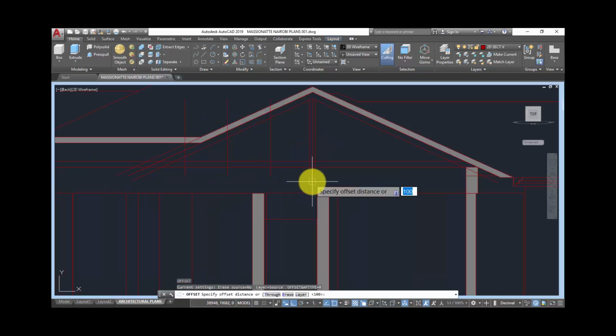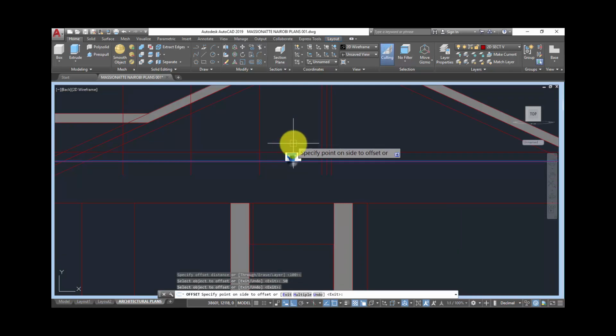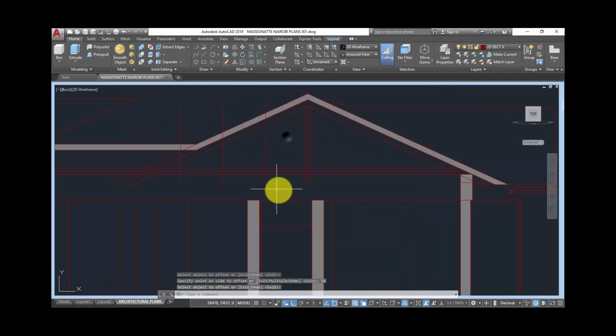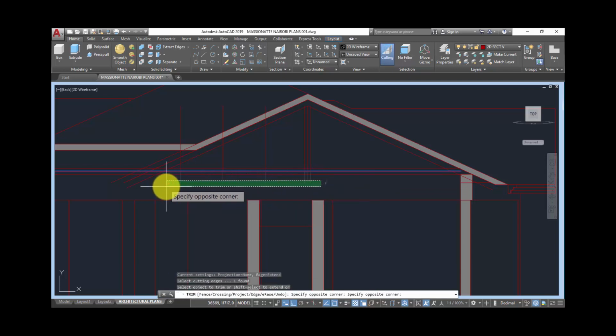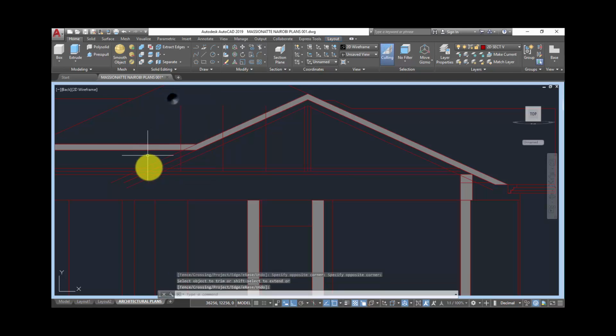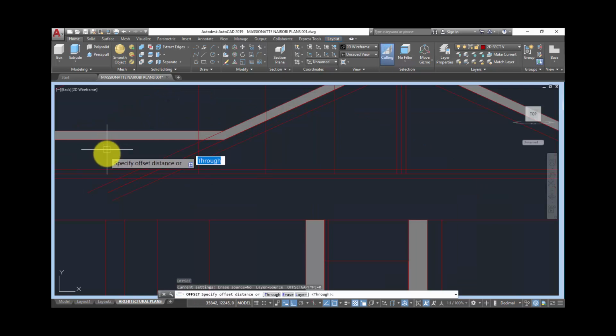Now I'll offset that one 50 units. I'll select this line and I'll trim off every element. I'll also offset this other one 50 units.